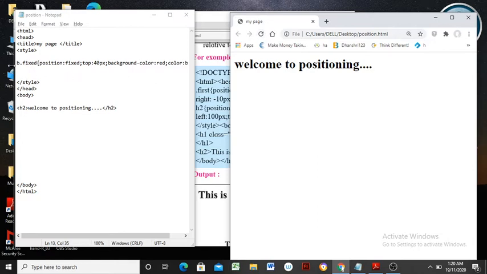Now I am going to apply this effect to the content. What effect have we designed here? Position as fixed, top with 40 pixels, background color with red color. These effects are nothing but positioning for such content, and such content will be displayed with the effect in the browser's window. Then apply this, and b.fixed will be applicable, no doubt.